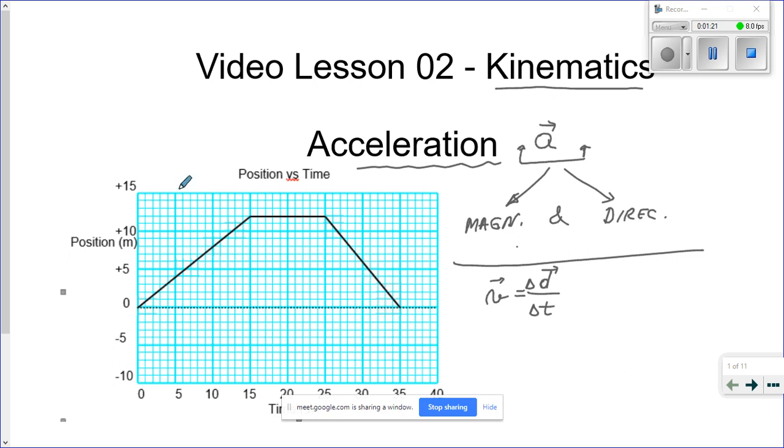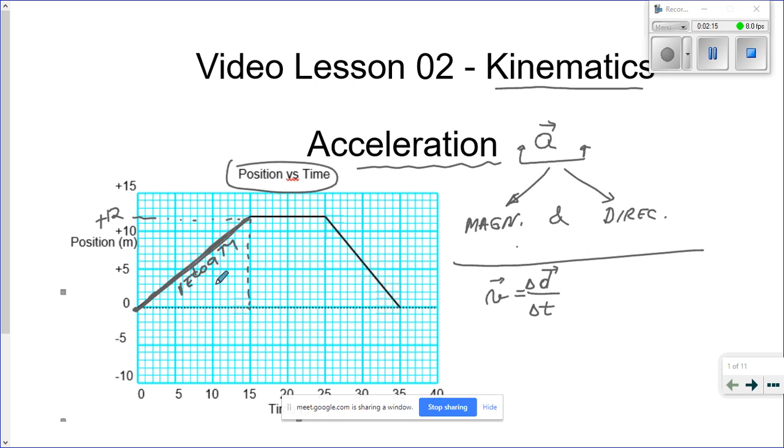If you have a position-time graph like the one that we have here on the board, we will talk about graphs probably tomorrow, but just so that you are introduced to it, you notice that from 0 to 15 seconds, the object, it doesn't matter what the object is, starts from the 0 position, and then goes to, I believe, positive 12 meters at 15 seconds. So the rate of change that this object is obtaining based on the position-time graph gives us the velocity